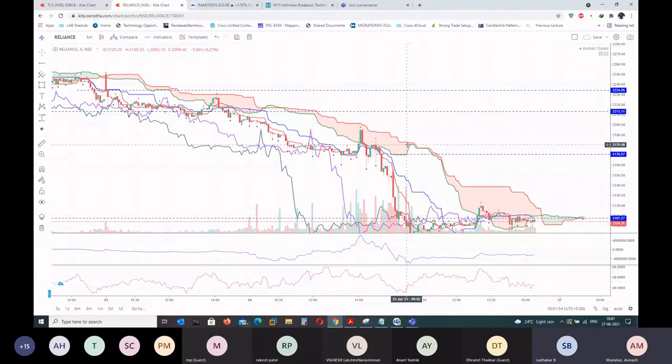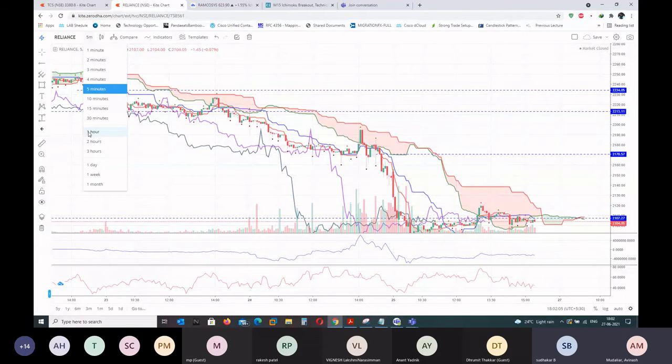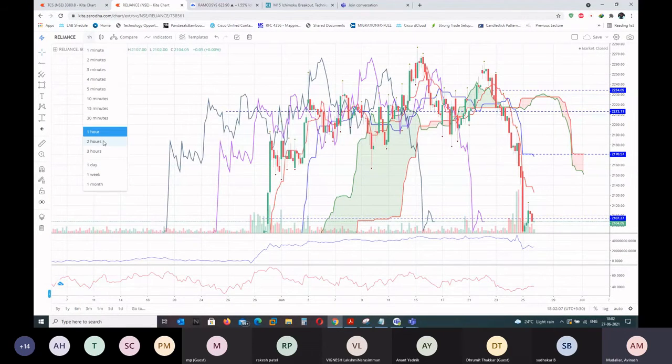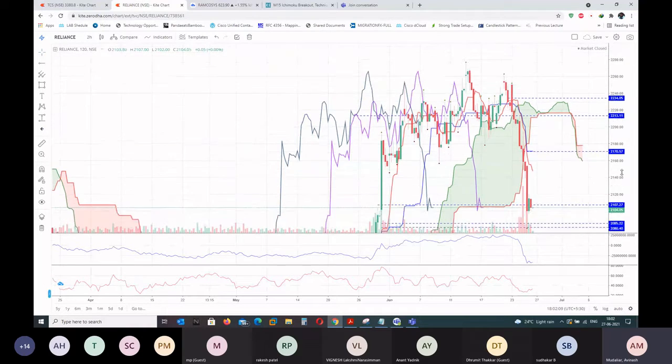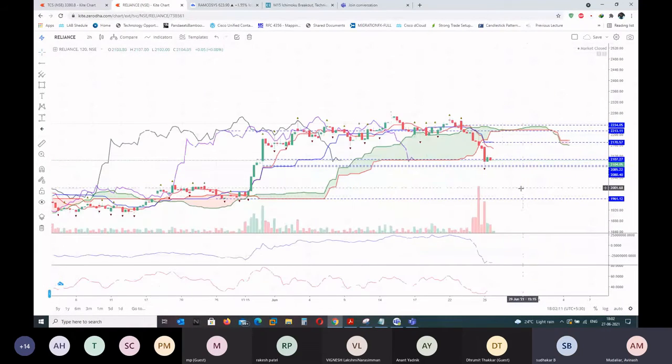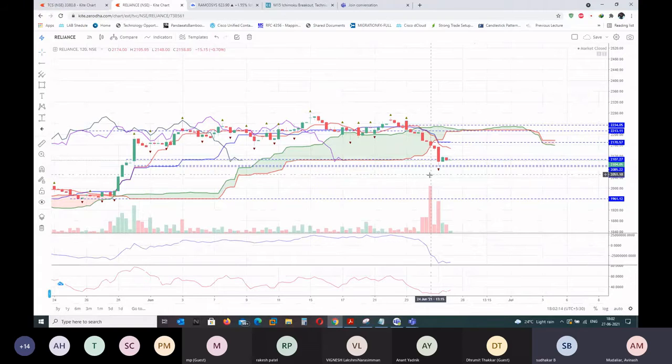So for a swing trader who keeps a position for like 3 to 5 days, they can go for a 2 hour time frame, or a 1 hour time frame. 1 hour is fine. 2 hour is also fine if you see any clear patterns. So regardless of time frame, right now I'm not talking about time frame because let's suppose